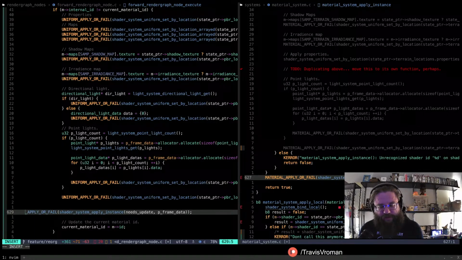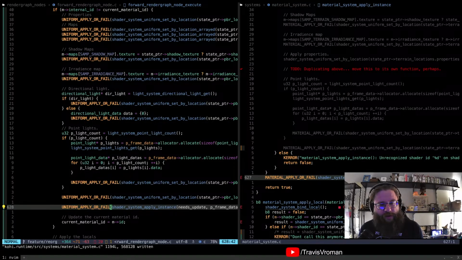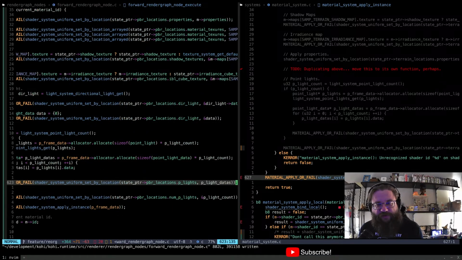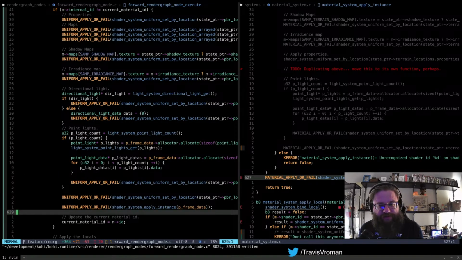Right, so B8 substitute uniform, right? And then the shader system apply instance no longer needs the update. I think all it needs is actually the shader itself. So we're gonna have to take a look at some of these functions. A lot of them are gonna need adjustments, but that is more or less the logic pattern that we have to follow.